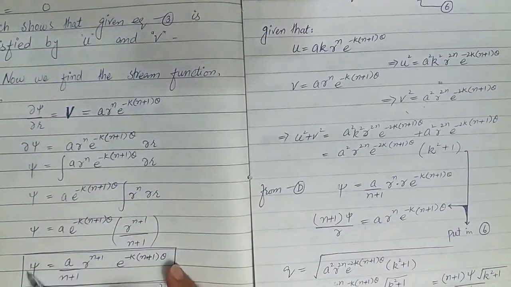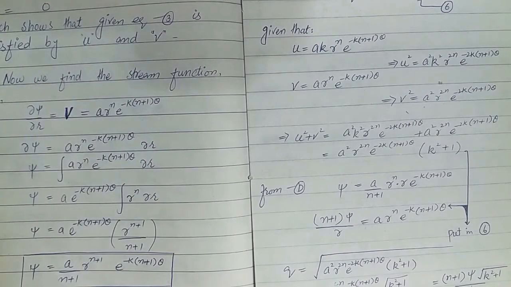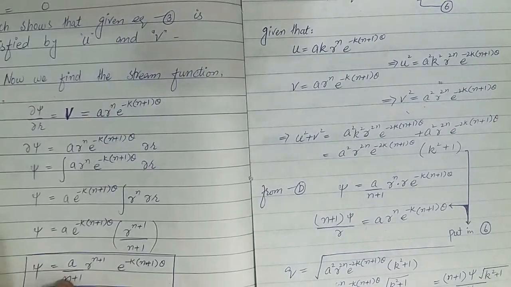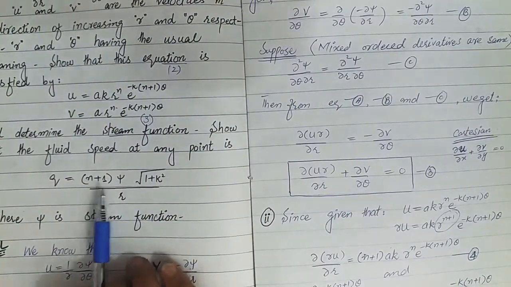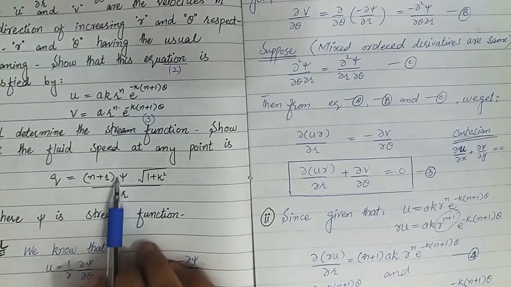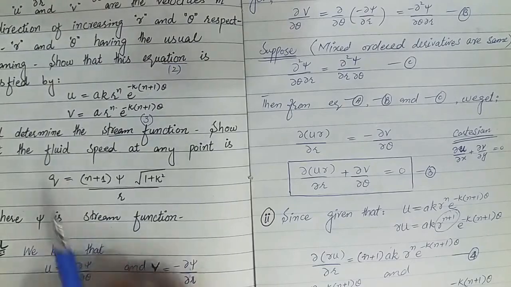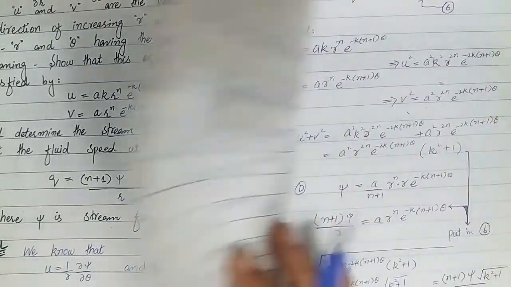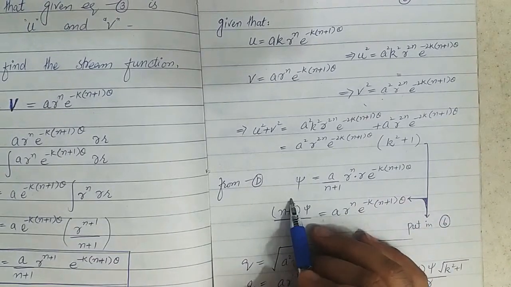Now we also have to find psi, that is the stream function, which is equal to equation D. From equation D, that is the stream function, we can get the value. Why are we using this psi function? We are using it because our speed formula consists of the psi stream function term. So we have to use the stream function to convert this velocity component into a psi component, as the stream function is given by this, which we have already found in equation D.